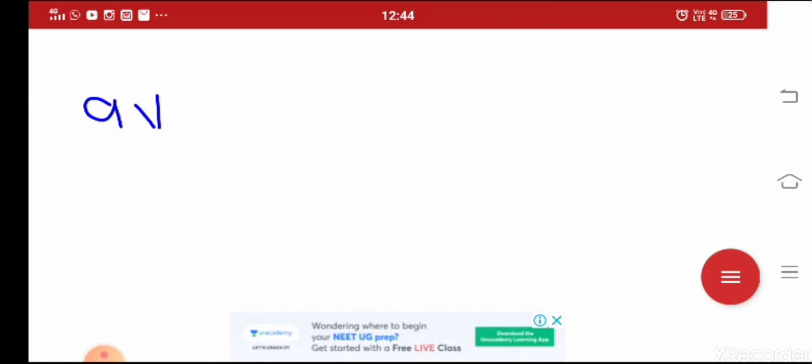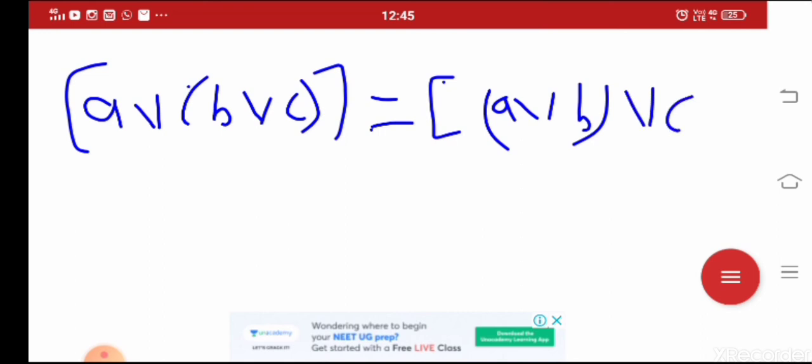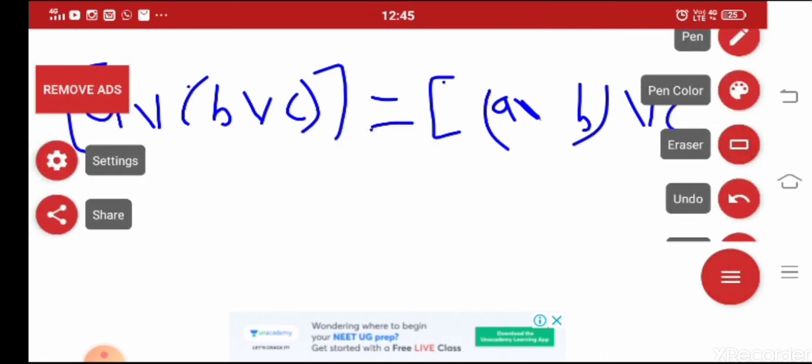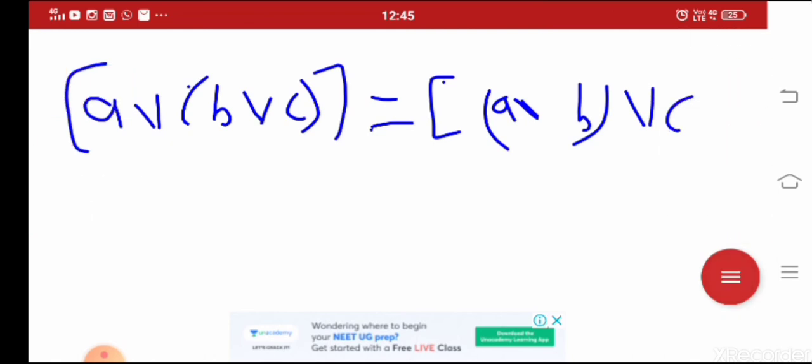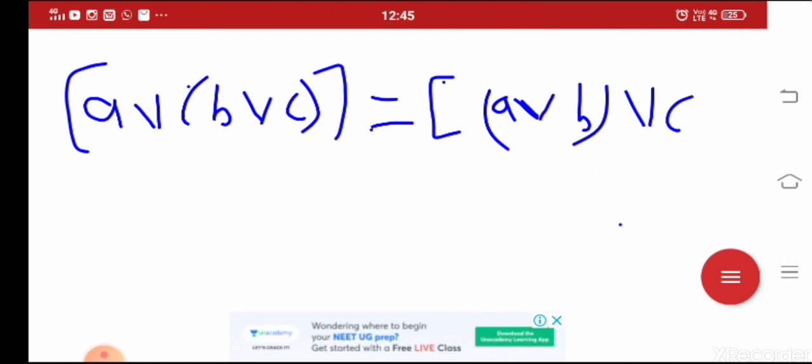If we have A or B in bracket, B or C, it will be converted to A or B or C. After writing this, we have to remove all the parentheses from it.